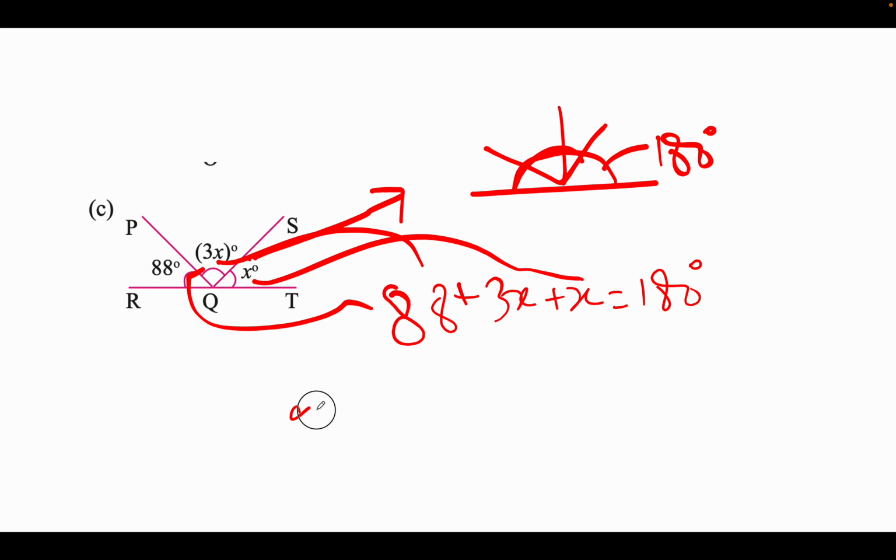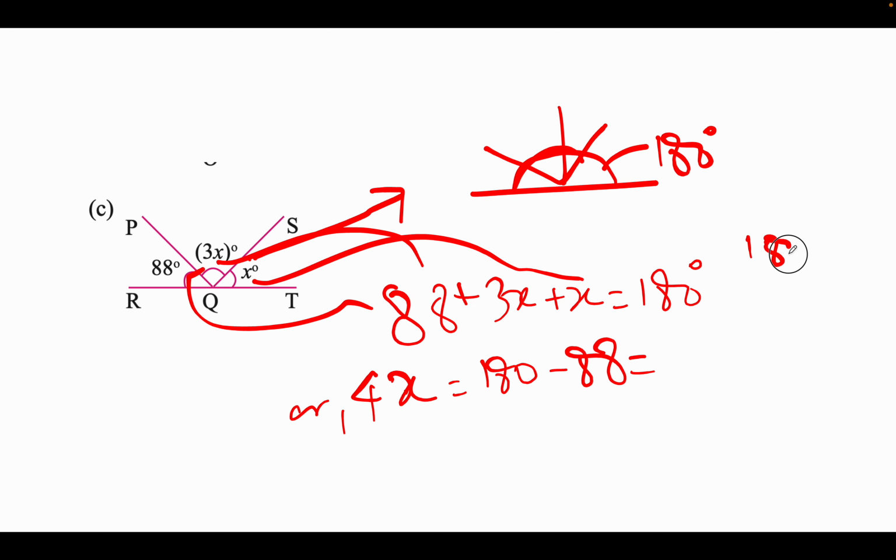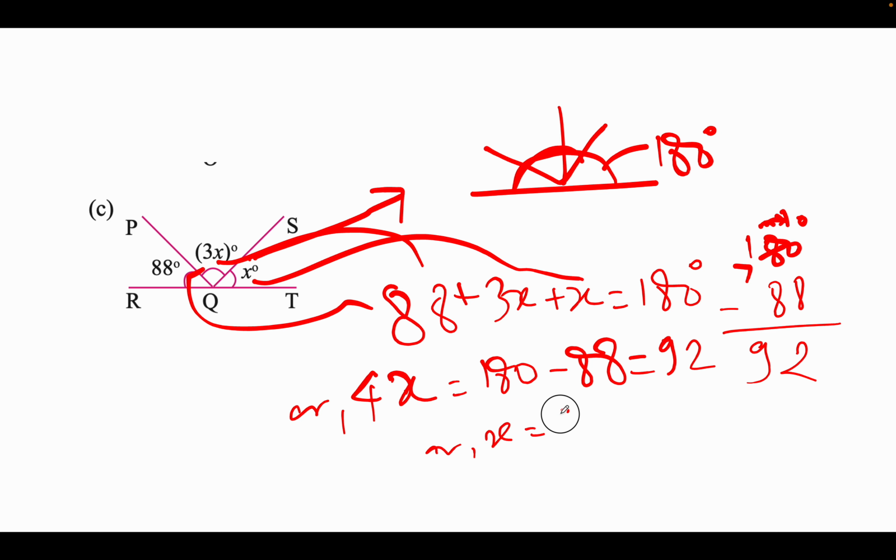Then we can say that 4x equals 180 minus 88, which is equal to, here let's do that subtraction. Here 10, one coming, 10, 2 remaining, then according to 7, so that 17 minus 8, 9, 92, so x equals 92 by 4, means